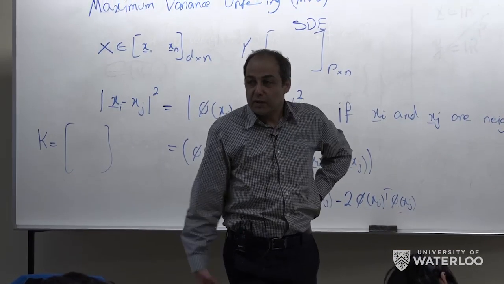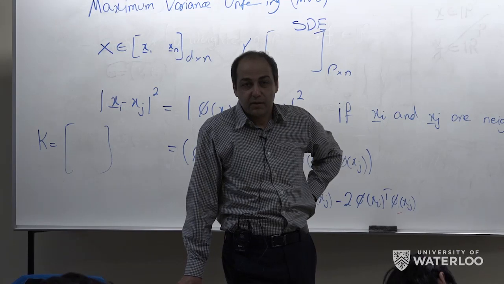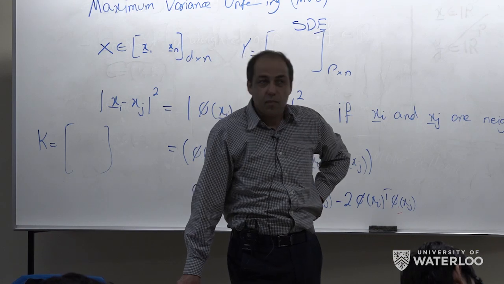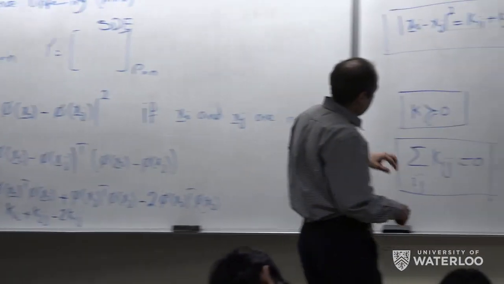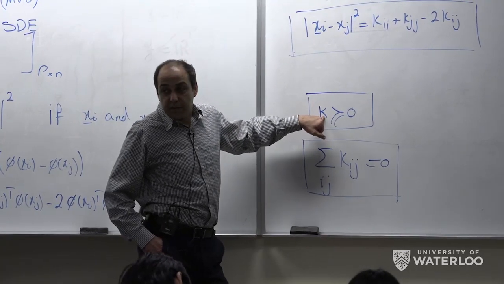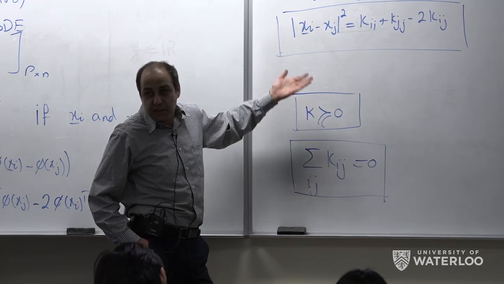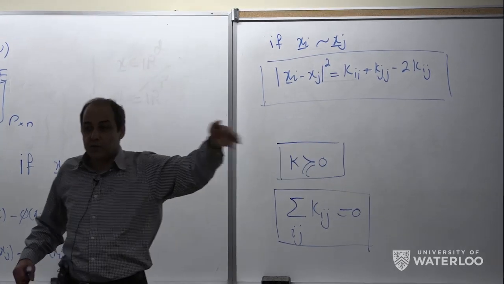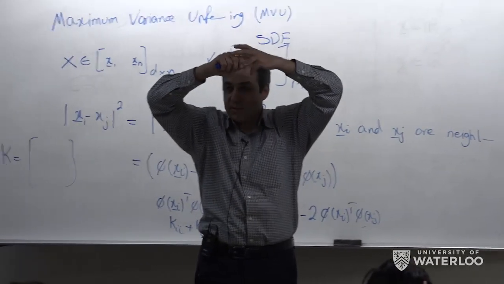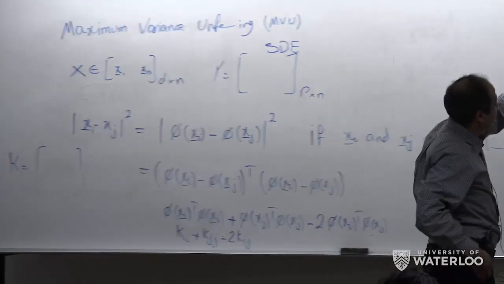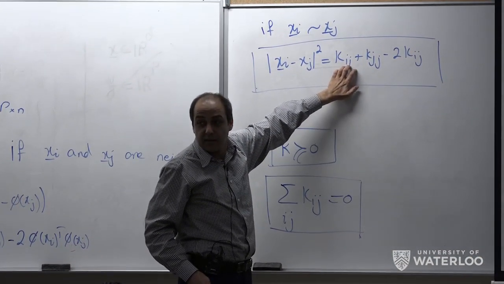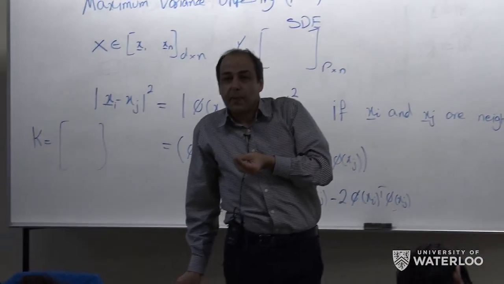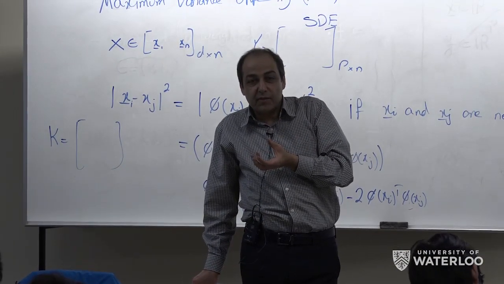Do I have a unique solution here, or I have many solutions here? You know, many positive semidefinite matrices, many kernels, could satisfy this condition. You know, we have seen this before. We had kernel for LLE, we had kernel for isomap, we had kernel for Laplacian Eigenmap. All of them capture the locality. So the solution to this is not a unique solution in terms of optimization. It's a feasibility problem,